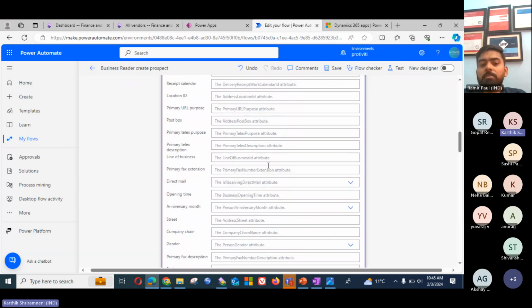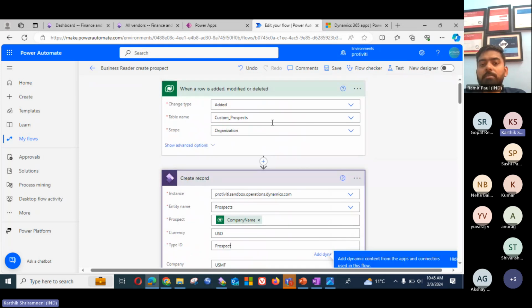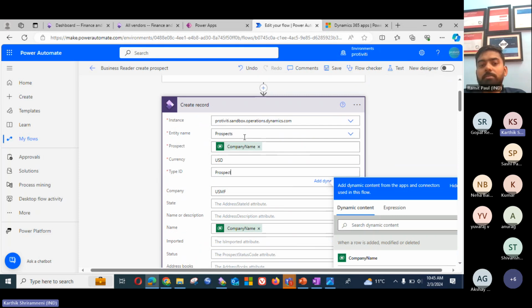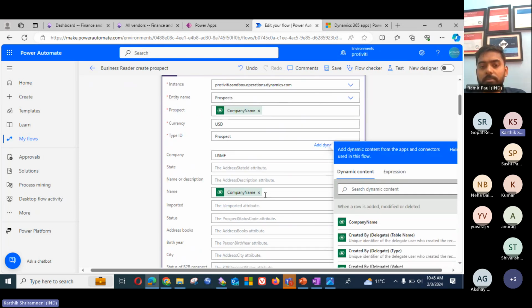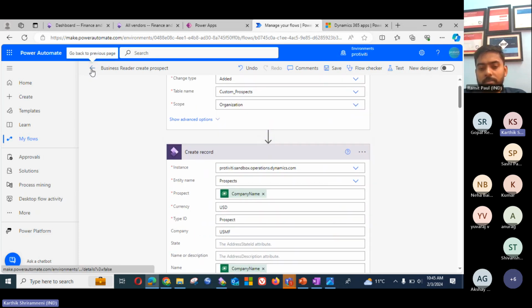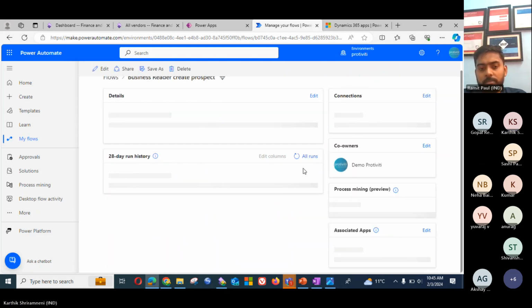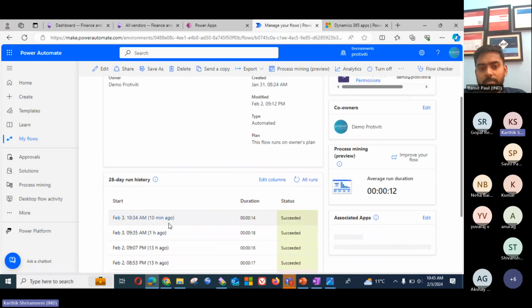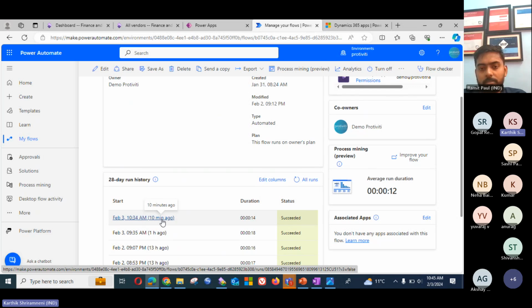So once the record is created in the Dataverse table, the flow will be triggered, and the system will try to contact the Dynamics 365 prospect entity, and it will create a record there. Okay, I'll show you what the system has done now. If I go to all runs, it will show how many times it has run. So 10 minutes ago it has run. I think Ramit has done this for this release. If I go here,